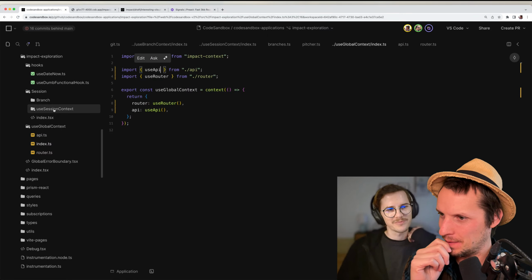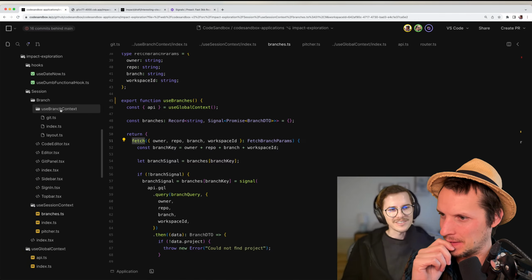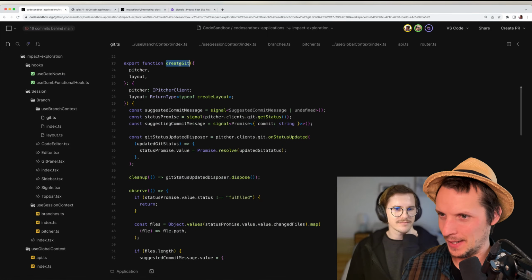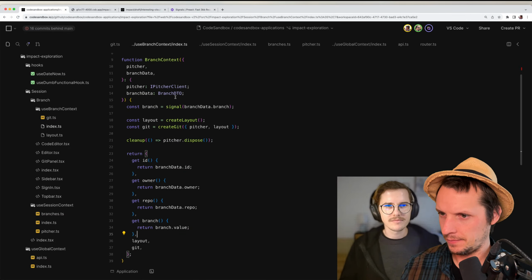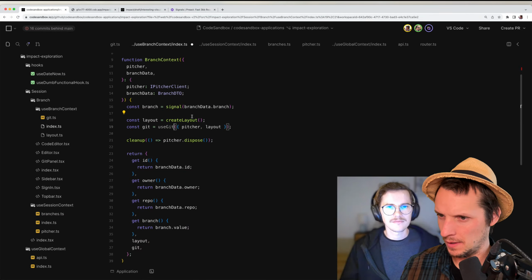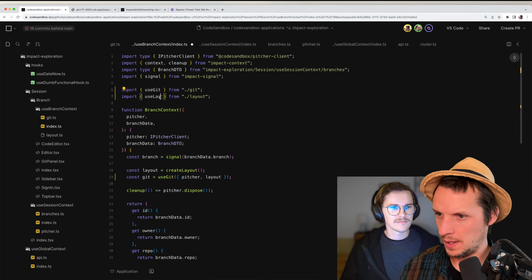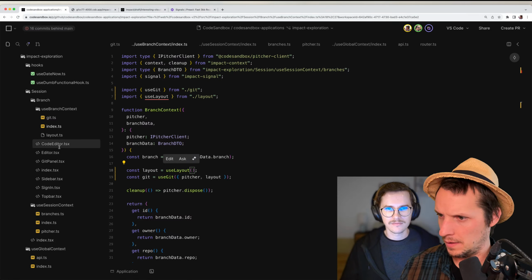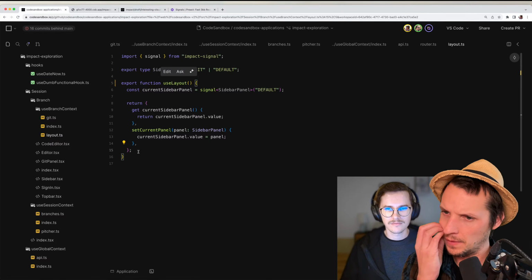Yeah, like they are functional hooks. They don't depend on anything. Yeah, exactly. Use git. Use layout. Cool.